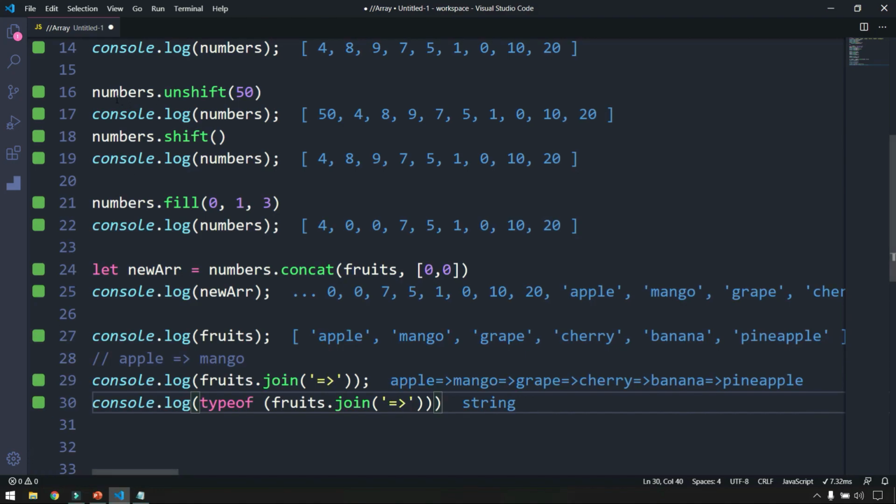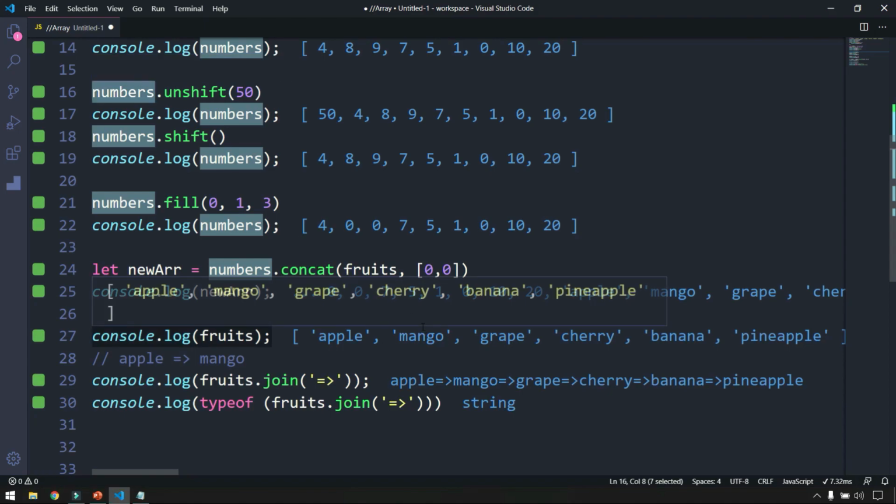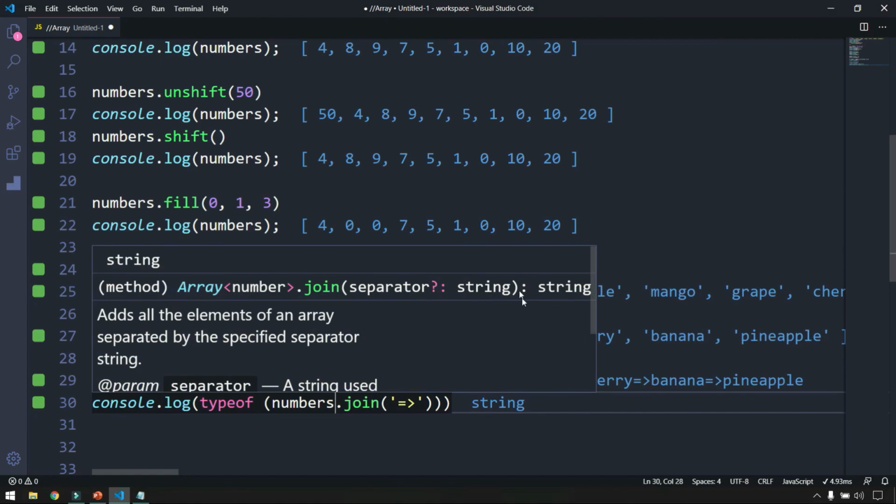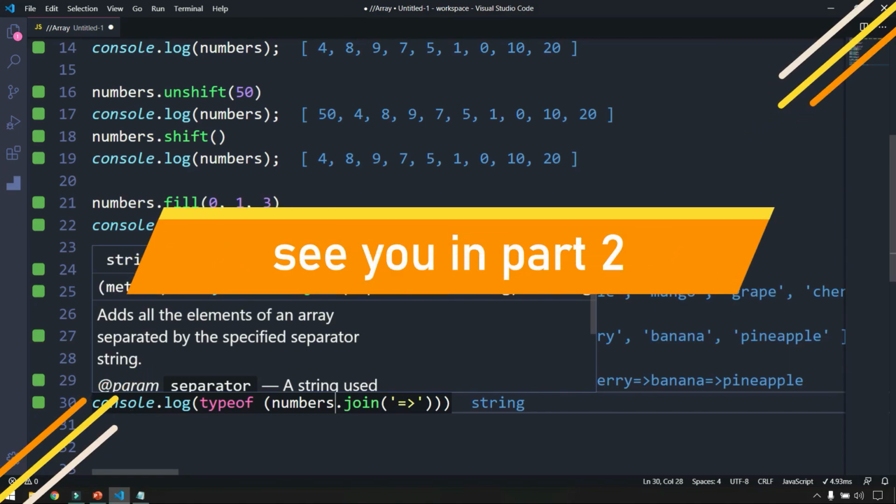But let's say that this is our numbers, where we have numbers as a data type. When we use join here, what should happen? Is it going to convert my data type into string, or is it going to give the output as it is? Let's check that. Instead of fruits I'm going to make this numbers. Now if you see, here also we are getting a string, because by default if you mouse over here you can see after the colon what the return type is. In the next video we will also discuss the use of the return keyword. Okay, fine.